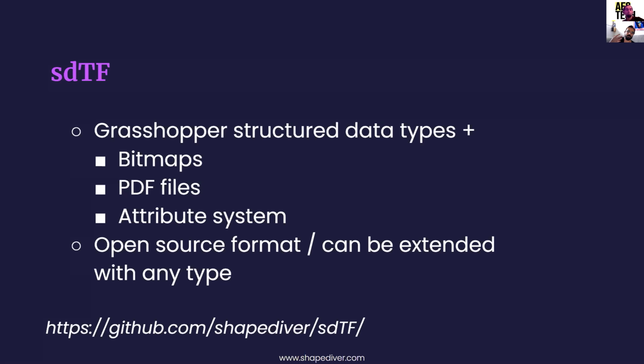So the file format in itself preserves the data structure that Grasshopper comes with, because that's the second really interesting point about Grasshopper: on top of the set of data that's available there, it's the way to manage this data and structure it, with items, trees, lists, etc. We extended the data types available in Grasshopper with a few more. Bitmaps are used a lot in many different workflows and use cases, so we added that. Even PDF files, which is a bit more